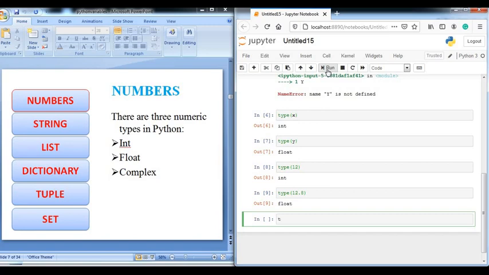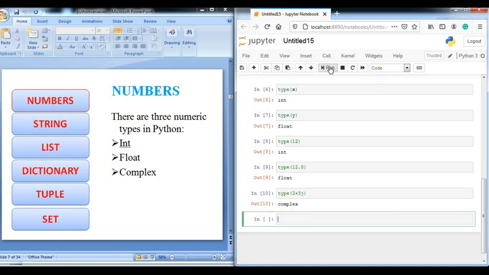Next, example of complex, let me show you. Write 2 plus 5 iota j. When you run it, it will give you the complex data type. In the same way, if you want to know the type of boolean, in boolean type we will use true and false values.